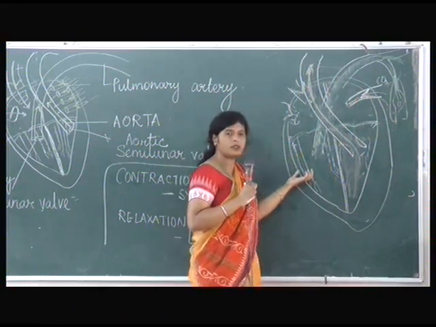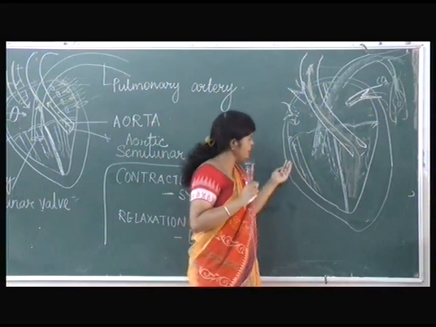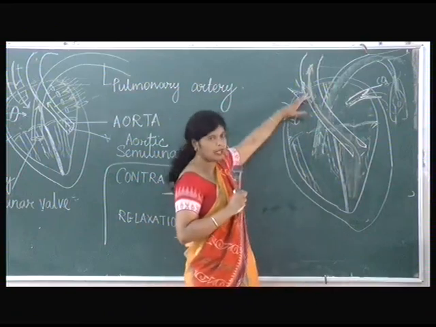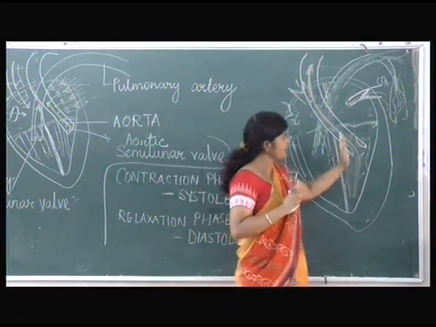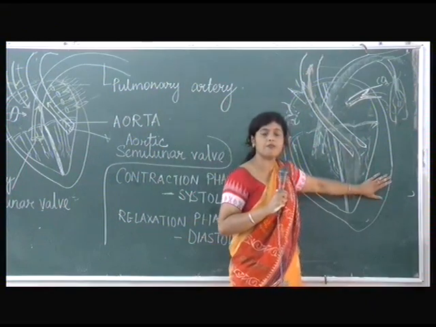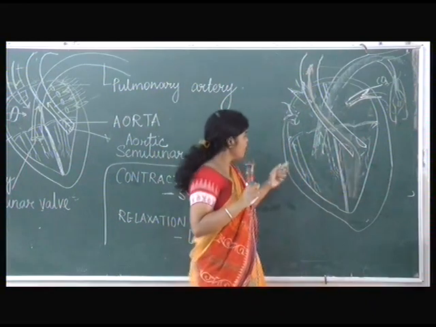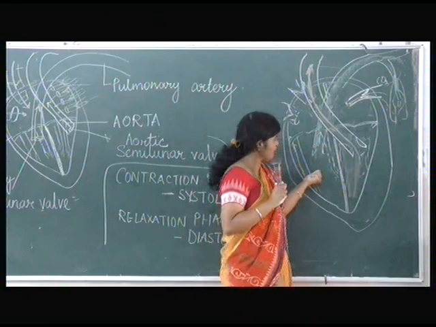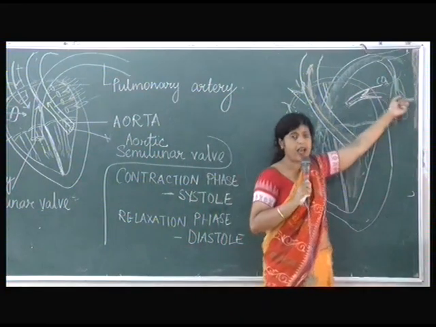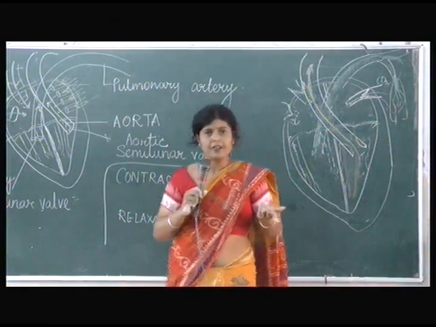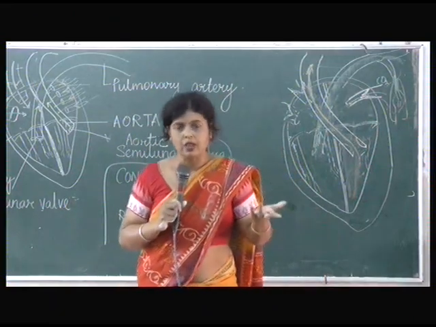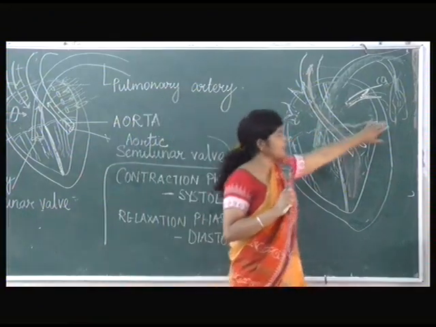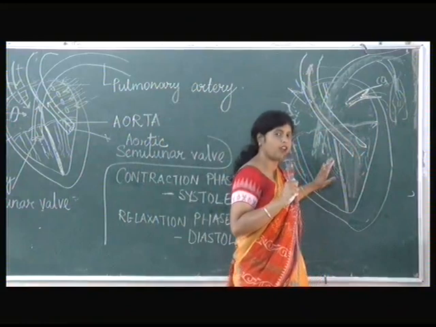Okay. Now let us come to the ventricle. When I showed you the ventricle, I showed two different sides. Of course, the ventricular wall is thicker than the auricle, but when you compare the right ventricle and the left ventricle, the left ventricle wall is much thicker than the right. Why is it so? Because the right ventricle is contracting and sending blood to the lungs, and the lungs are not located far away from the heart. It is going out of the heart, there is no doubt about it, but they are very near to the heart.